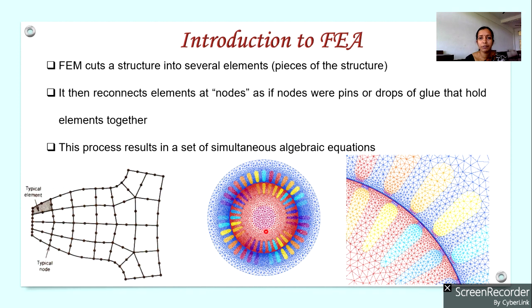So here in this figure the meshing or FEA analysis of an electrical machine is shown. So this is the stator and rotor laminations of an induction machine. So here meshing is done. So the zoomed view is shown here. So that lamination is divided into a number of meshes of any shape. The meshes can have any shape.